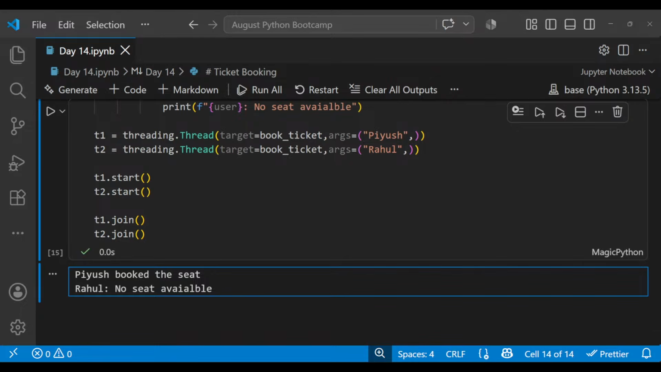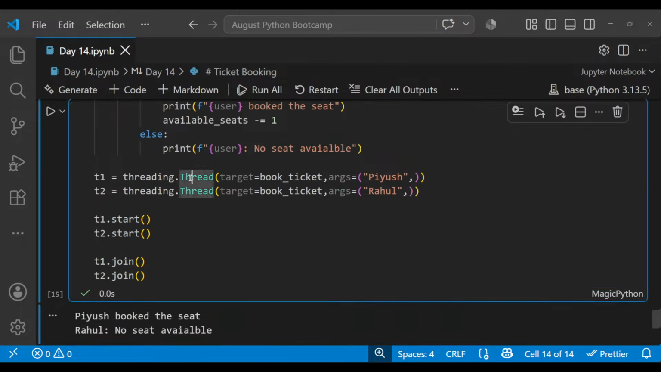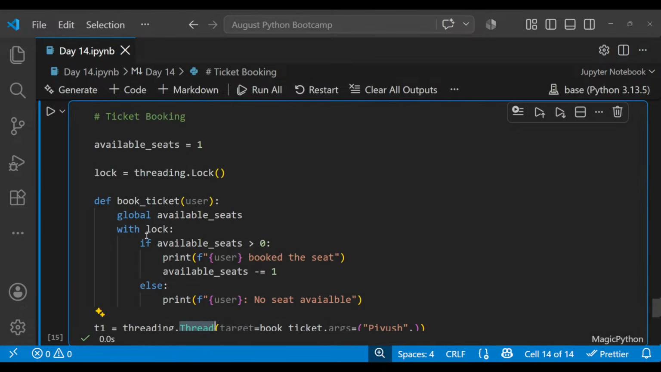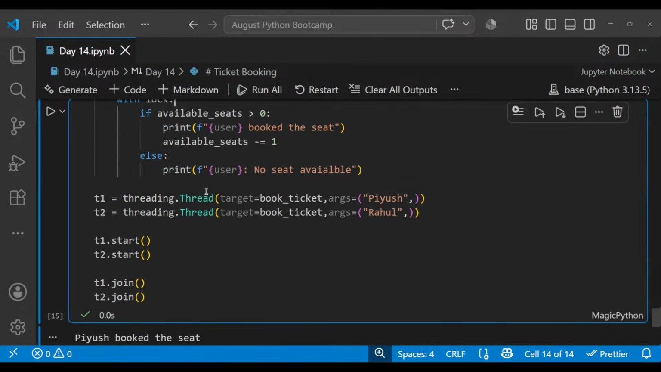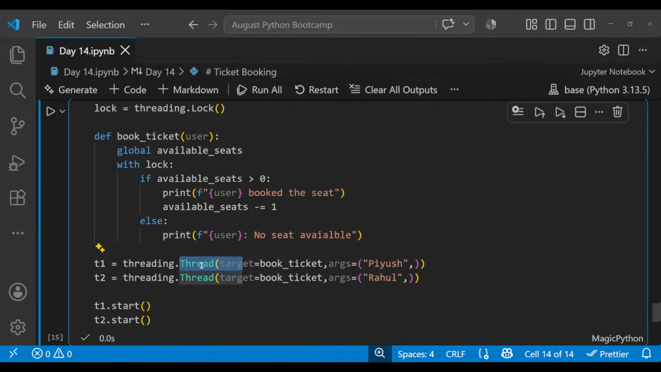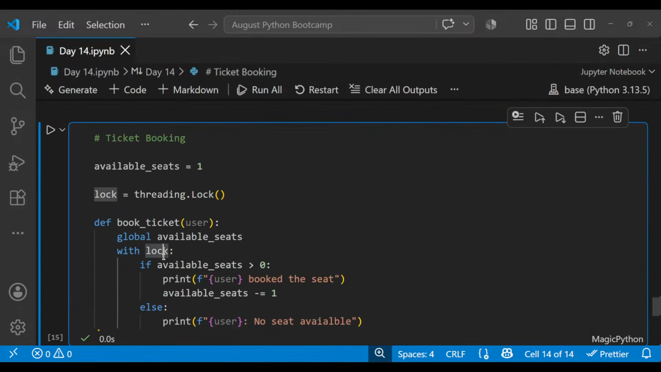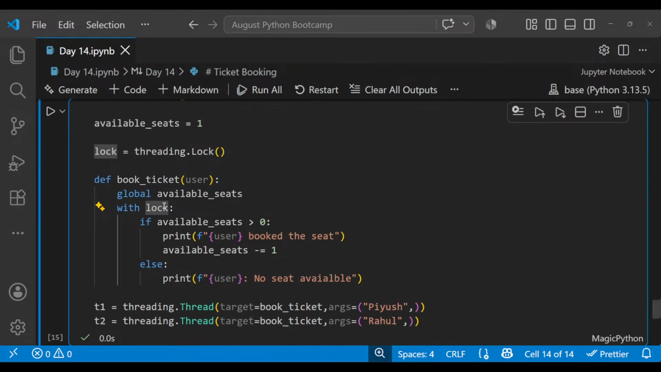Now you see the change in the output. Now the outputs are not the same. So it's just how you write the program. It depends on that. But now you see that one thread, what we are doing, we are applying a lock. So whatever thread gets here first, that will lock